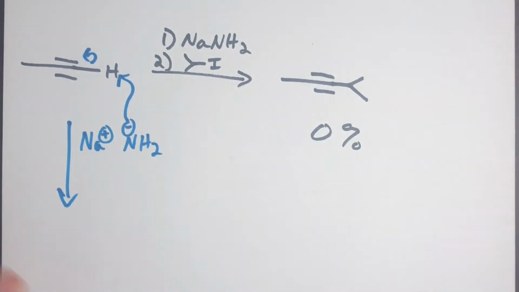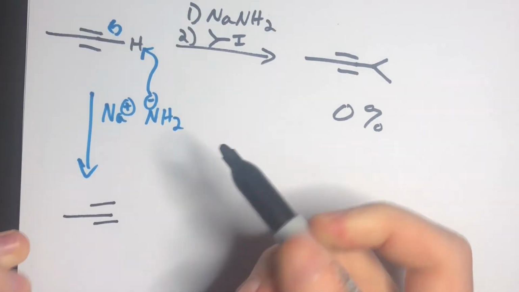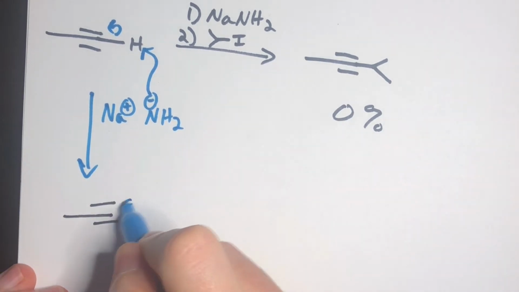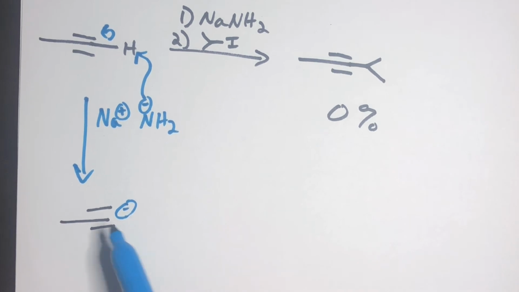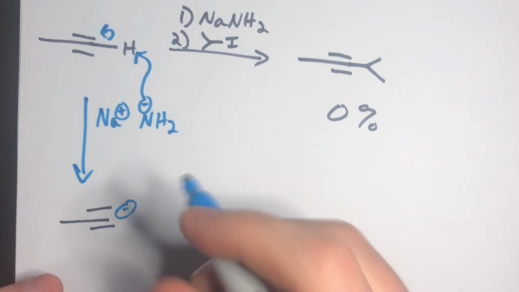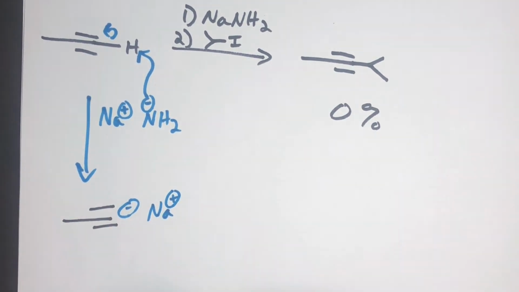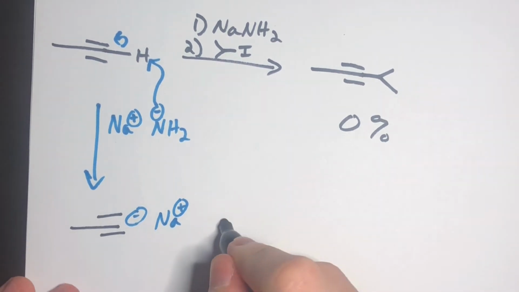which is the first step again. After that happens, we form the exact same carbanion that we had in the previous example. So now I'm not showing the carbon explicitly, but this negative charge is on that terminal alkyne carbon. And then there's the sodium, of course, and our ammonia that is a byproduct. Now, when this reacts with the secondary